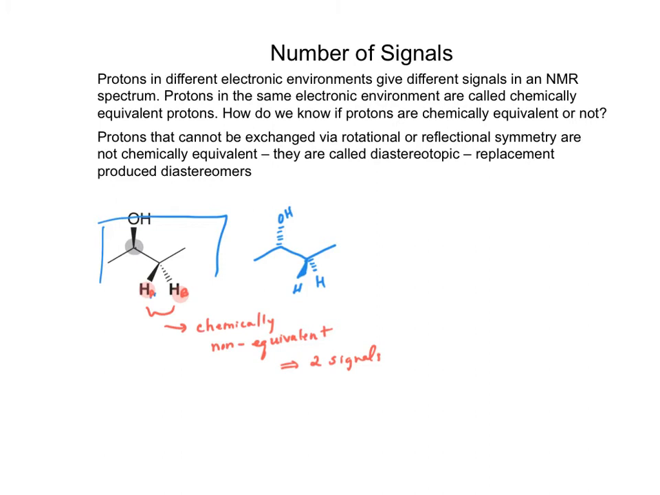Okay, so for these guys, these are not homotopic protons, these are not enantiotopic. Instead, if we did the replacement test with these two, we wouldn't get enantiomers, we wouldn't get the same compound, but what would we get instead? Diastereomers, right? So these protons end up being called diastereotopic because the replacement test produces diastereomers, and again, they're not chemically equivalent. Okay, so